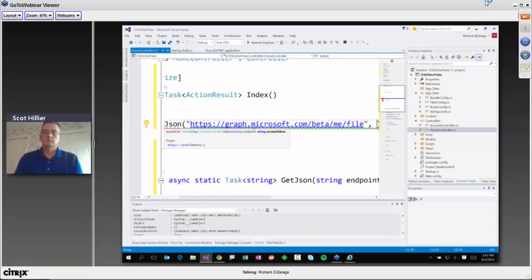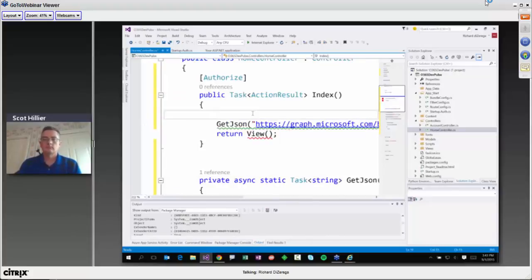But then the next thing is it needs that access token. The way we can get an access token is by going out to Azure Active Directory. And it's actually a pretty easy process. It seems confusing, but OAuth is really centered around letting the provider or owner of the data hold the keys to the kingdom.